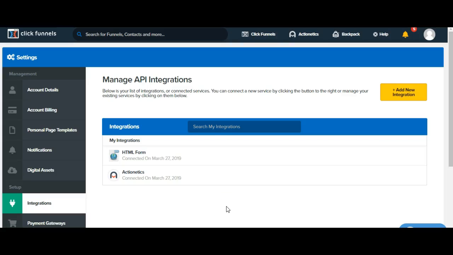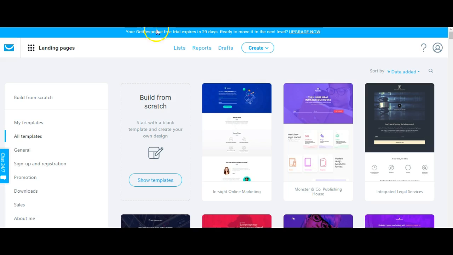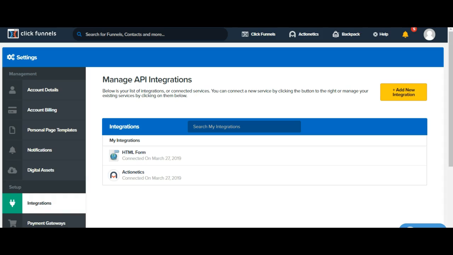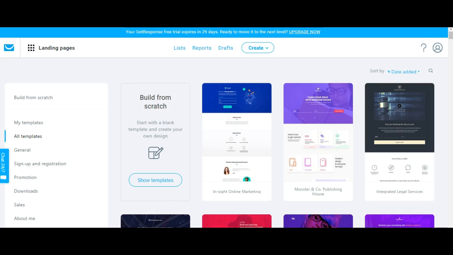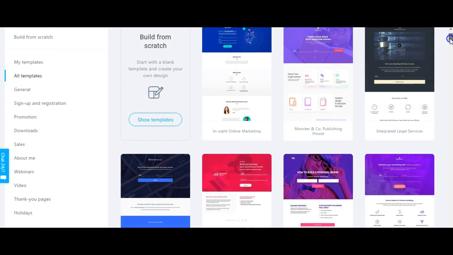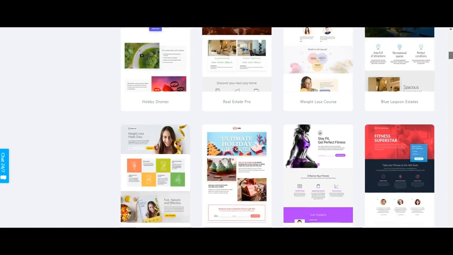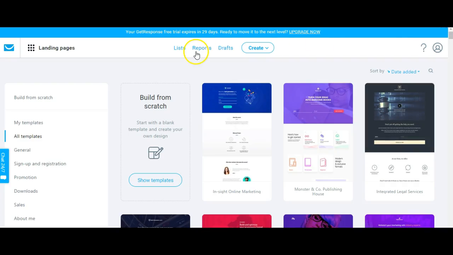Alright, so I just signed up for GetResponse, right? You see I still got my free trial, 29 days to go. Whenever you sign up, you get 30 days free. So I was like, man, instead of collecting all my emails and everything inside of ClickFunnels, I'm just gonna collect them in GetResponse, because I really like GetResponse. Alright, got all these page templates and all this other stuff. Alright, but anyways,